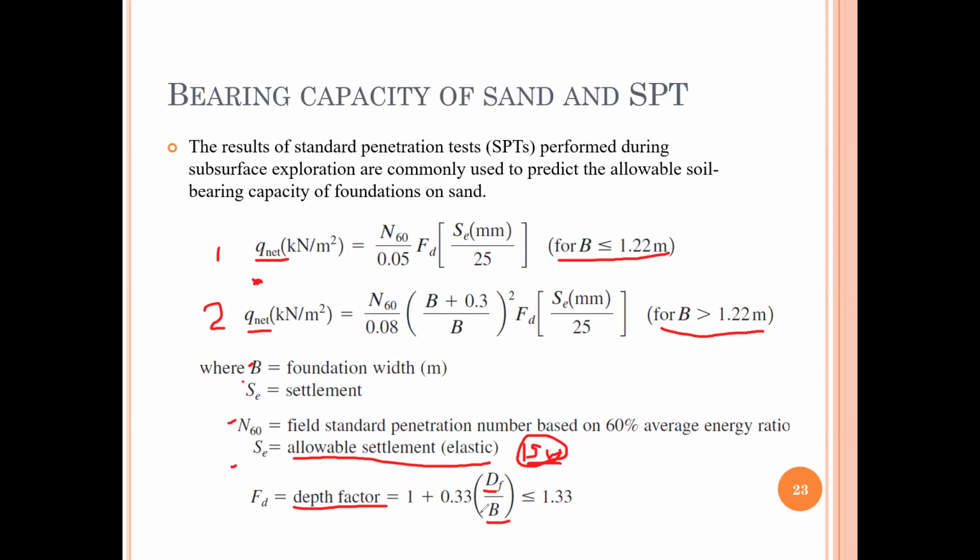So getting the number of blows, we can figure out, if we have a 2 meter foundation, like 2 meter by 1.5, 1.5 like that, it doesn't need to be square, any shape, we can figure out the allowable or ultimate bearing capacity or net bearing capacity. Let me clear this up. Right. So moving on,